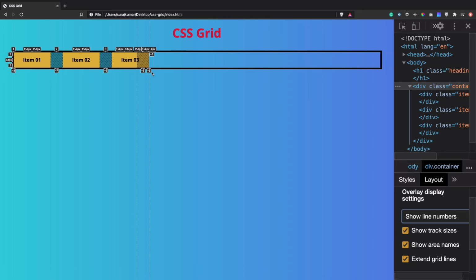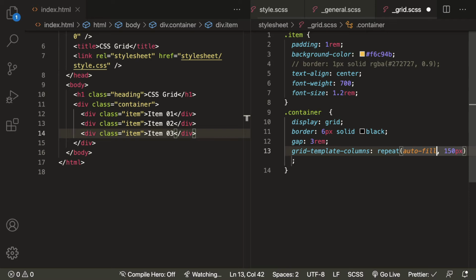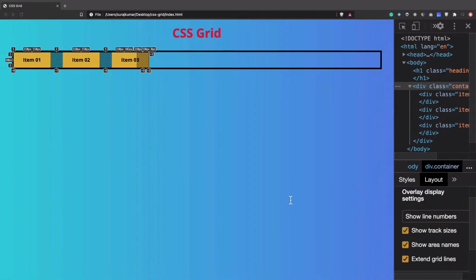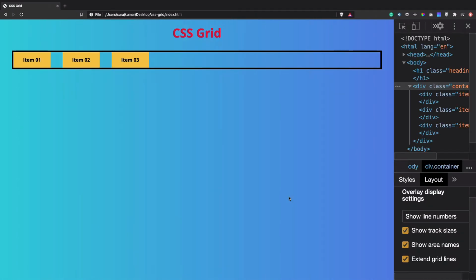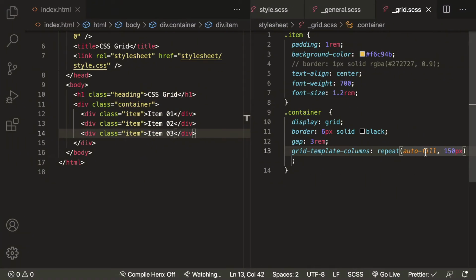Now we'll get back again to auto fill here. Give it a refresh. Now get back those lines. Okay, earlier with autofit, you might have seen that these extra columns were not created. These are arbitrary columns, you can say, which have been generated with the autofill here.